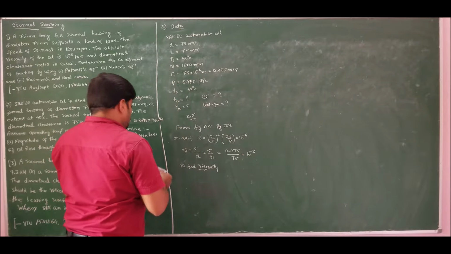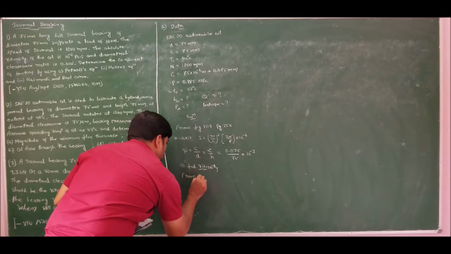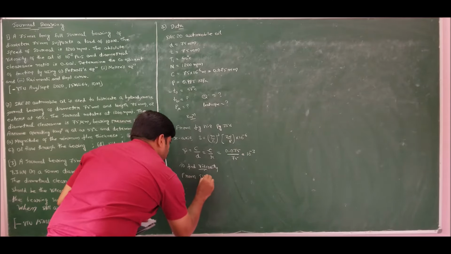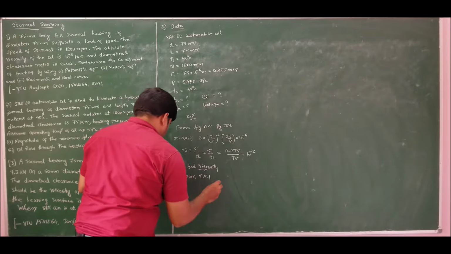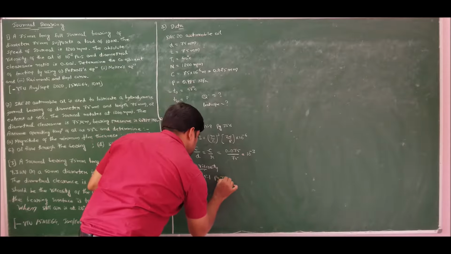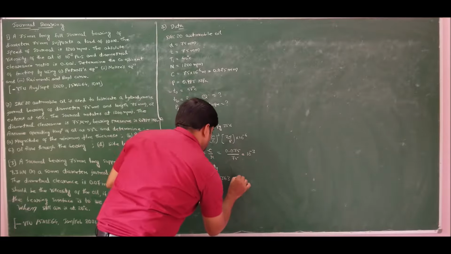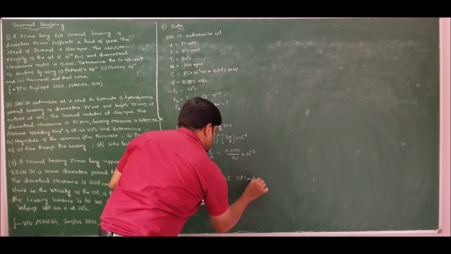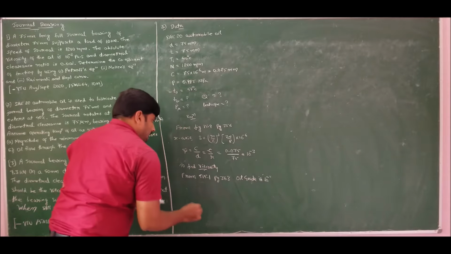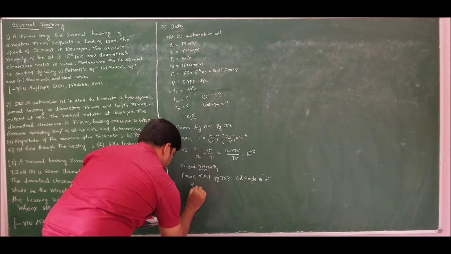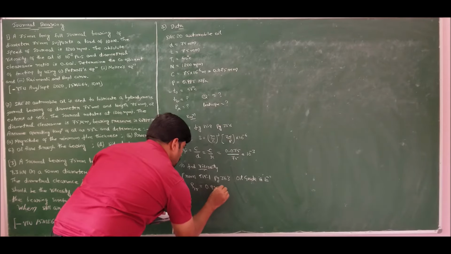For SAE 20 automobile oil, refer to table 15.1. It is not a figure, it is table 15.1, referring to page 363 of our data handbook. For SAE 20 automobile oil, the oil grade is E grade, and it is also given that the specific gravity at 15 degrees Celsius is 0.9254.